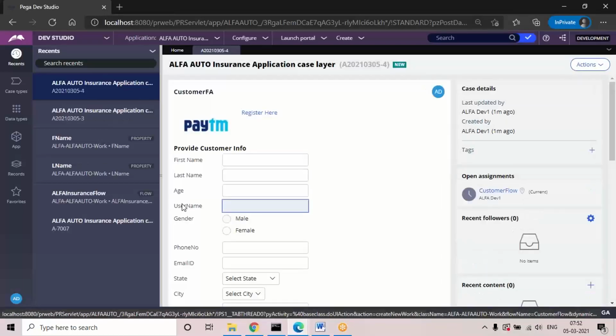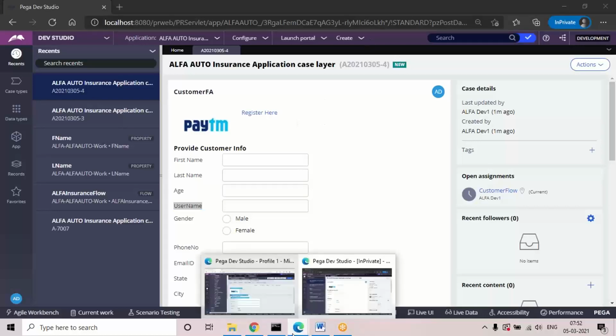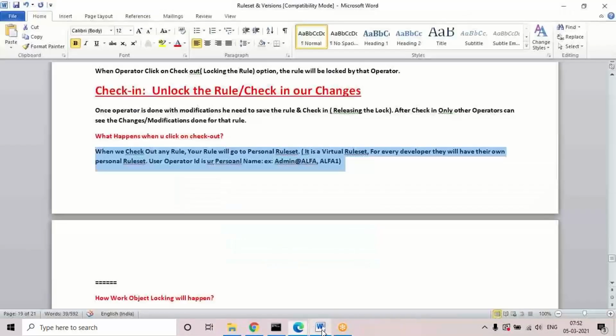Now I can see the username property here. Okay, so like that, any changes done initially, when you click on checkout, the point is they may ask all these. These are interview questions only, guys. Though you don't use them directly, or you don't create rule sets, all of these come under interview questions, some important ones.